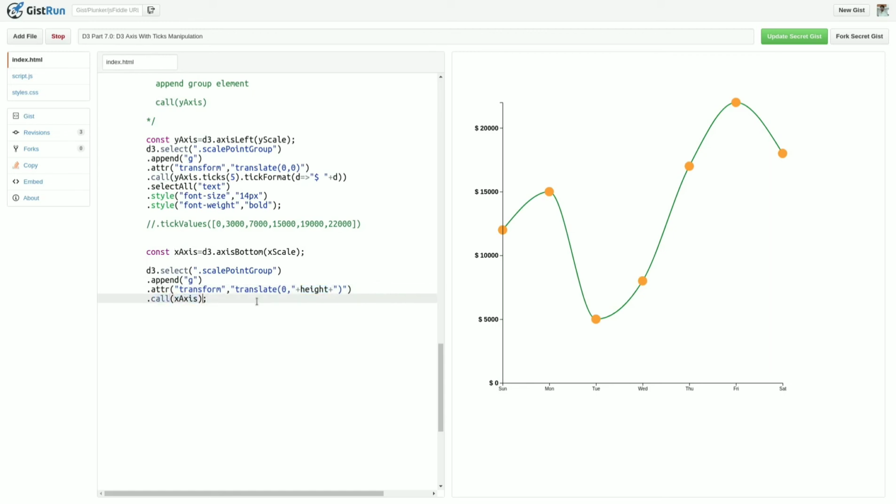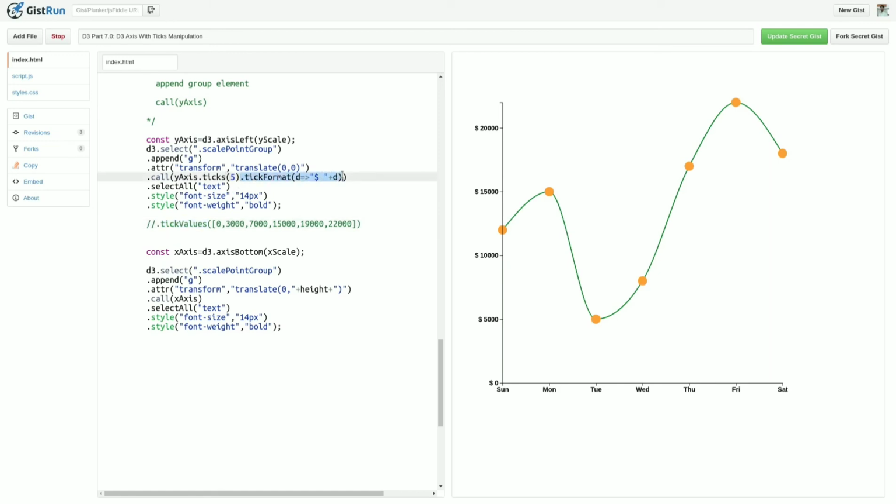Now if I want to provide the style of these ticks, I will select all text and copy paste this code here. Now you can see that your ticks are available with some format. Now the same things you can do with the x-axis that we have done with the y-axis. You can provide the ticks, you can format the ticks, and you can also control the ticks using the tick values.